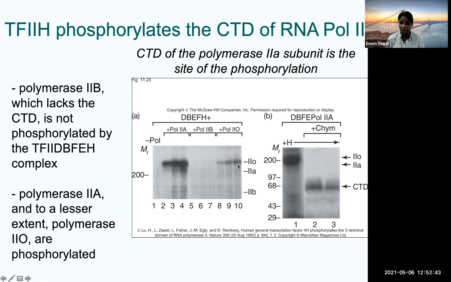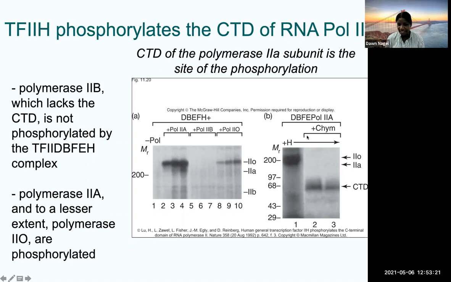And the next experiment they wanted to see was, okay, they knew that you needed to have that C-terminal domain because when you have polymerase missing it, you don't have any phosphorylation happening. So they did a very similar experiment, and you can see here that you have, again, all of the subunits plus the polymerase. You have the general transcription factor H in lane 1, right? And you see that you have this phosphorylated state, which is 2O. Lane 2 and 3,